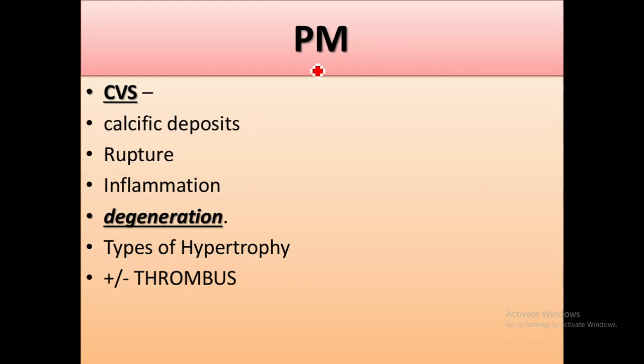In post-mortem findings, the cardiovascular system depends on the etiology. There can be calcific deposits, or chordal rupture can be seen, there can be evidence of inflammation or myxomatous degeneration in case of mitral valve prolapse. Various types of hypertrophy of cardiac chamber with or without thrombus.